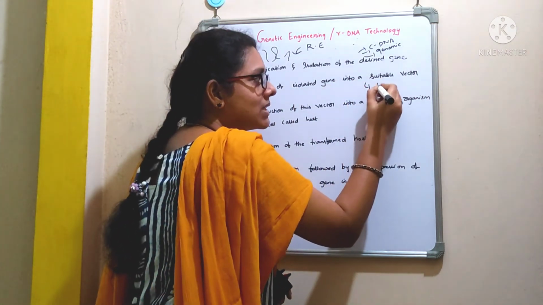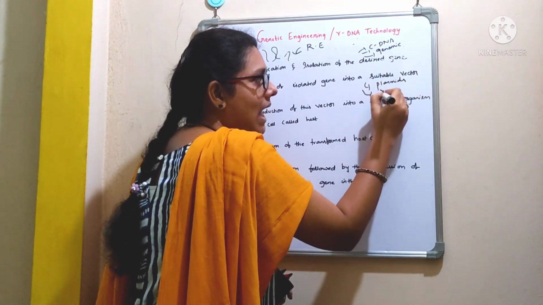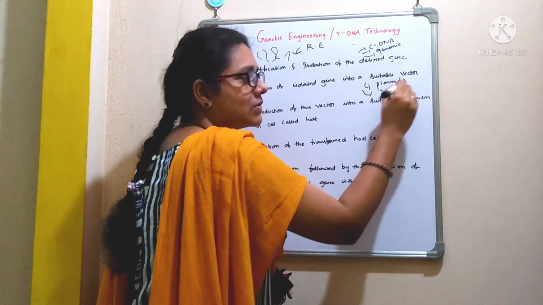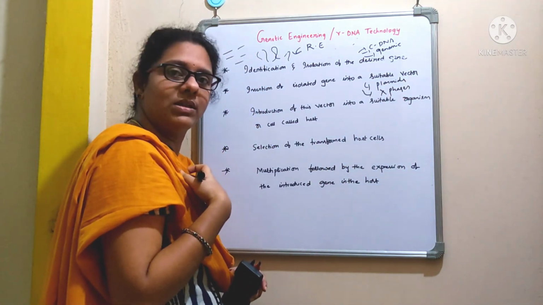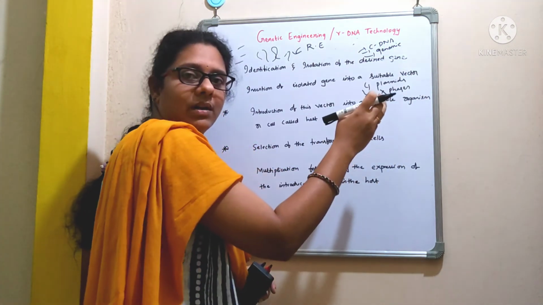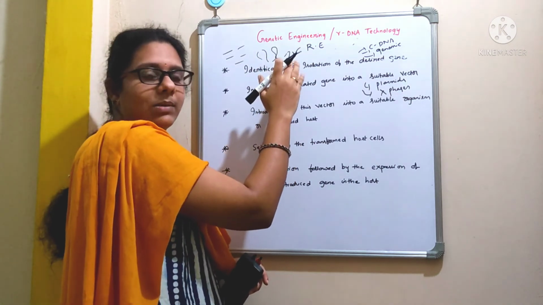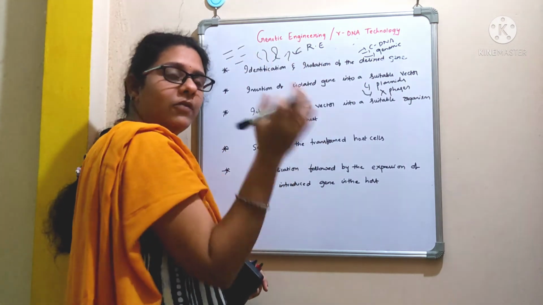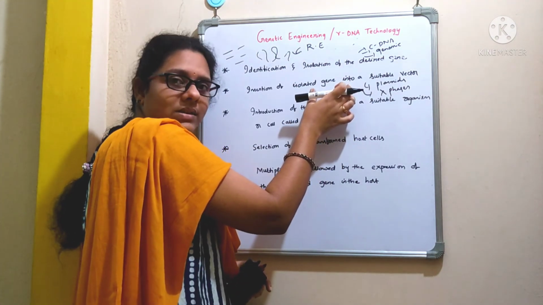You can use plasmids as a vector, or you can use lambda phages as vectors. Vectors are nothing but cloning vehicles, right? Here our intention is to make multiple copies of the gene, right? These vectors are used as cloning vehicles. See here, you have treated with the restriction enzyme and you have isolated the gene. Now you are ready with the gene. Now you want to proceed with the cloning step, right?